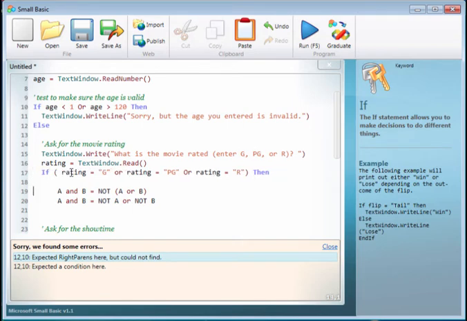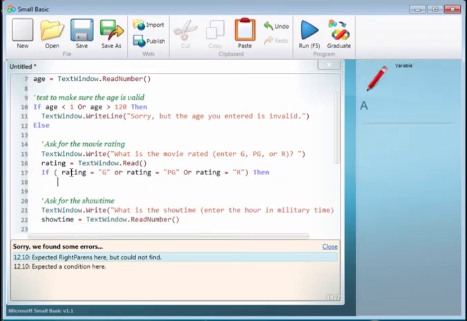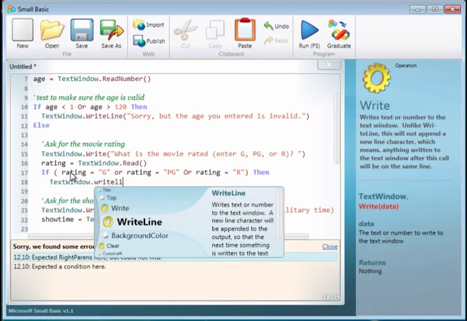Plug that in. So keep that rule in mind when you're doing these logical operators. If it's G, PG, or R, if none of those are true, then we're going to tell the user that